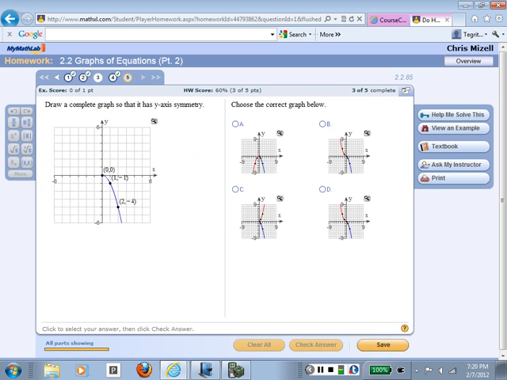Draw a complete graph so that the complete graph, after you've drawn it, has y-axis symmetry. So we would want to reflect this about the y-axis. Here's the graphing tool. This point gets reflected over here. This point gets reflected over there. So it should look like that. That'll have y-axis symmetry. And which picture looks like that? Oh, I should have used red. So I'd say